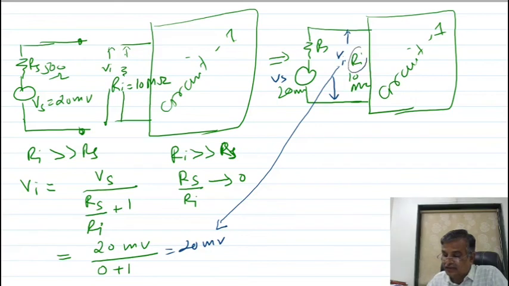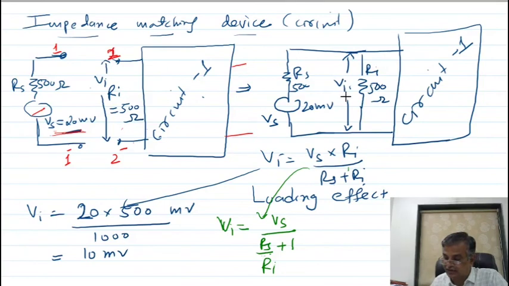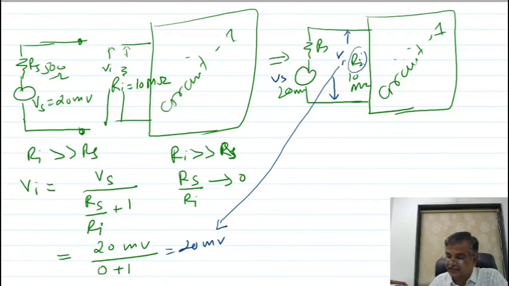Ri is very large compared to the previous one. In the previous case I had taken Ri as 500 ohm. Here Ri, how much have I taken? 10 mega ohm. If the input resistance of any circuit is very large, you will not get any loss of the voltage. In the previous case, see, the voltage is reduced and becomes how much? 10 millivolt here due to this input resistance. If input resistance is very large, then you will get the same millivolt here. So the conclusion is that if your circuit input resistance is very large, you will not face the loading effect. You will not get any loading effect.